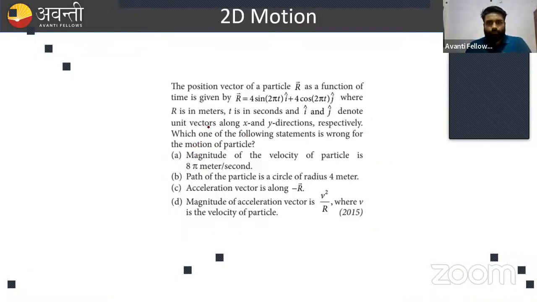Yeah. So what is the equation of circle? It is x square plus y square is equal to a square. This is the most standard equation of the circle. So we have,